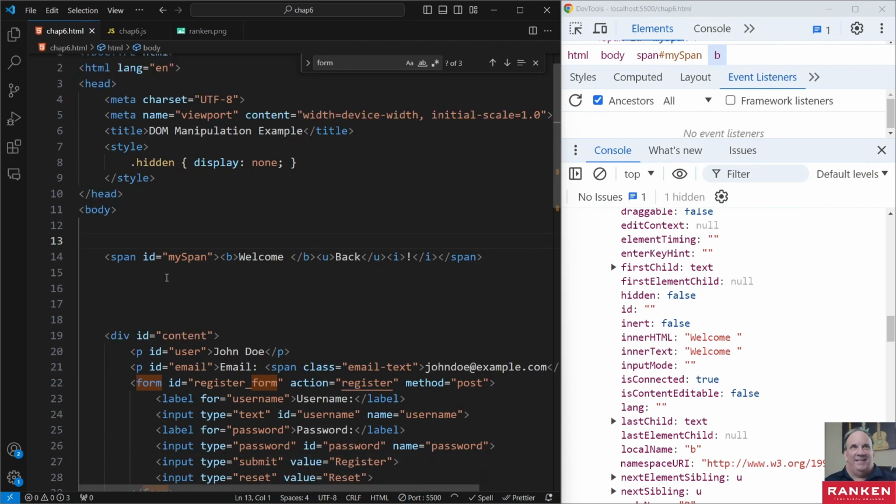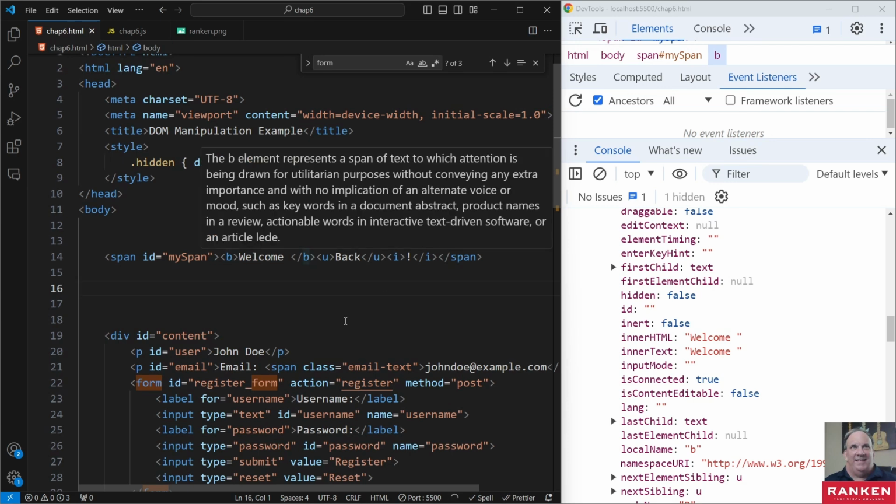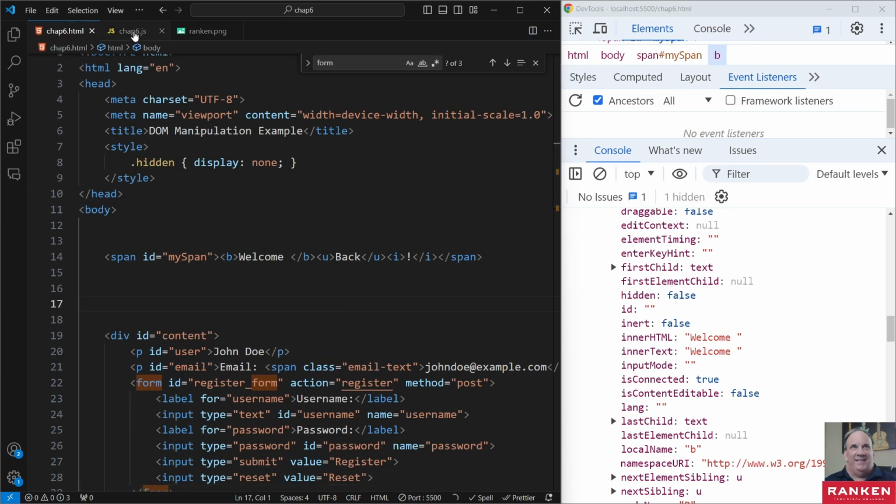So I created this span tag right here. I call this my span. It's basically the same as what was in the presentation. And here we've got the B tag, the U tag, and the I tag. Okay. So here in the JavaScript,